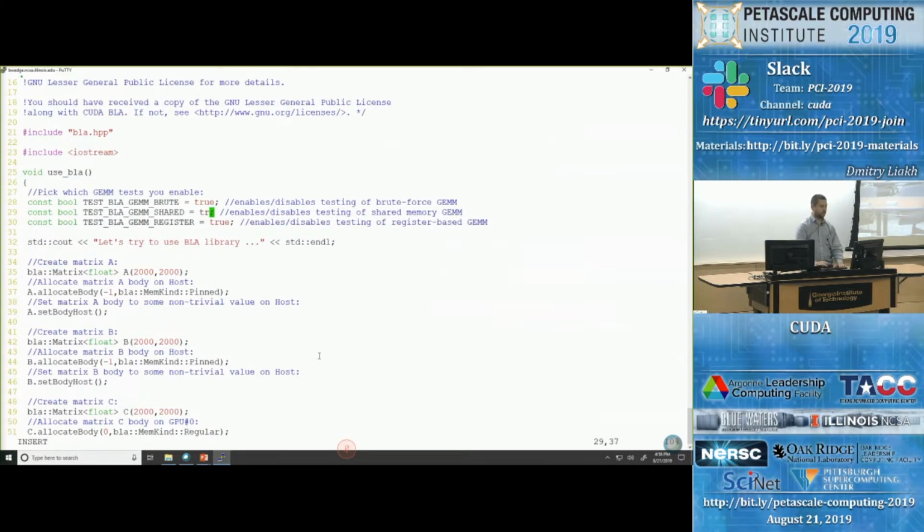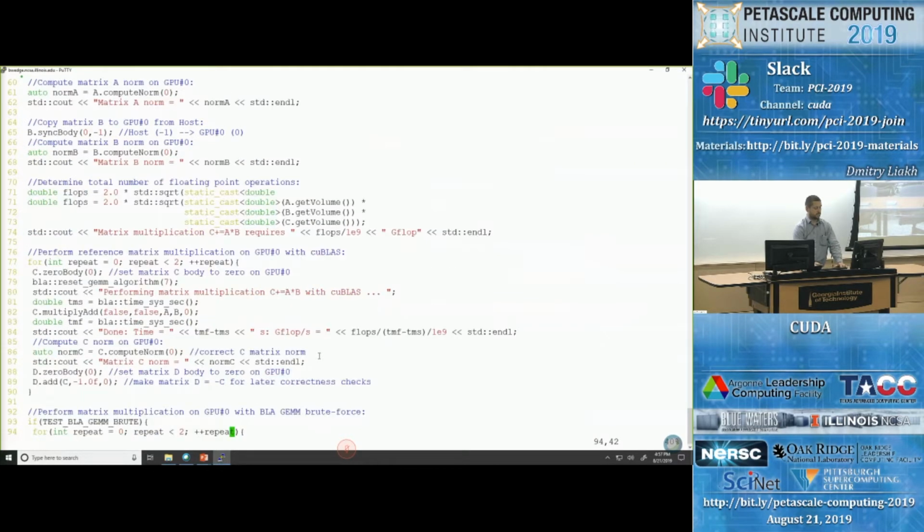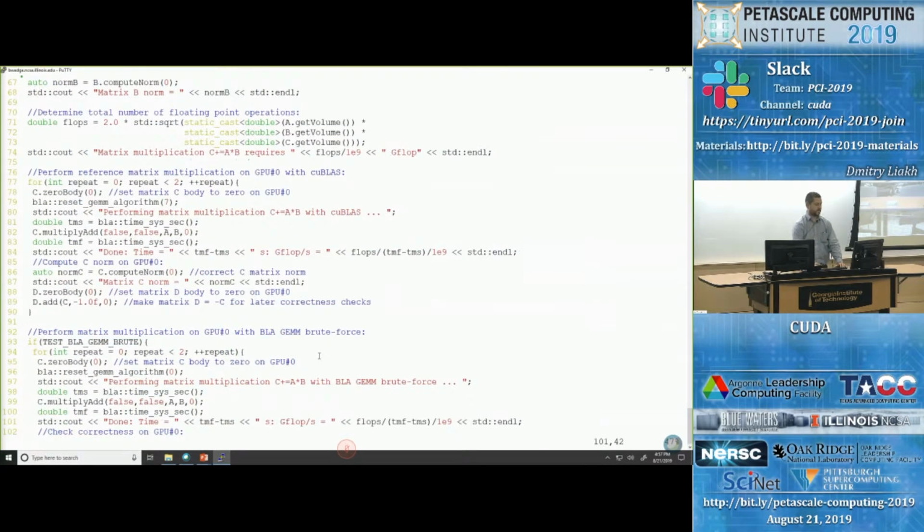So you don't want to run the others. You just put false here, so you don't need to run them now. So you only test the brute force algorithm for a new case, and then all you need to do is go to the reference case, which is the BLAS call, and then you specify, for example,